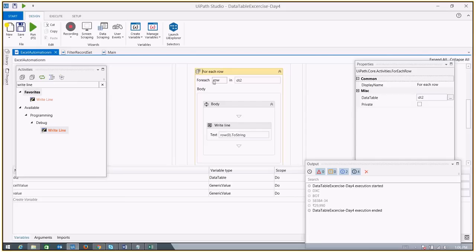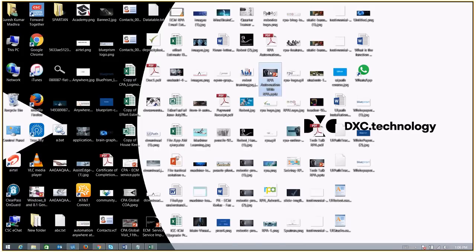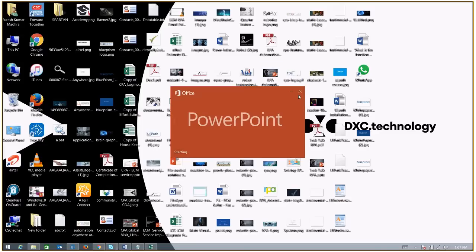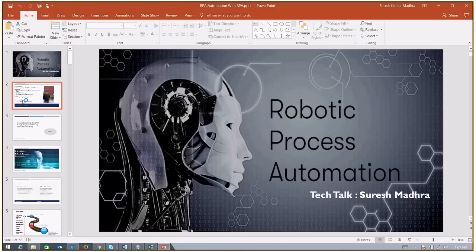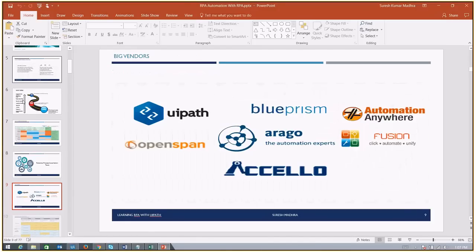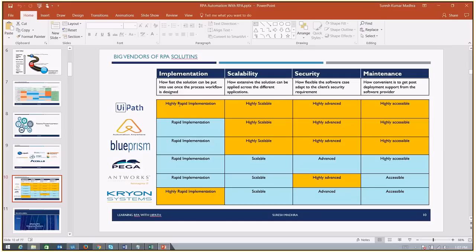And hence, these products help you to use these methods, to use these features. And on day one, if you see here, I have mentioned highly rapid implementation for UiPath. It provides almost 400 different activities which will help you to integrate with different applications and